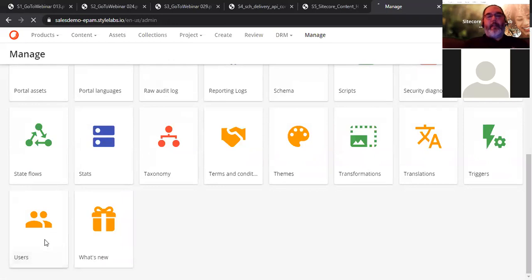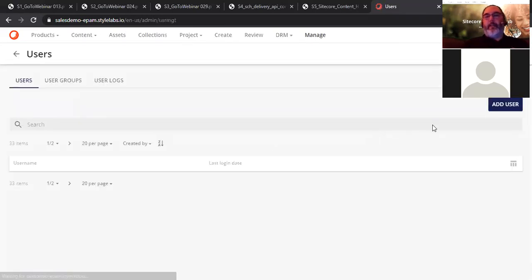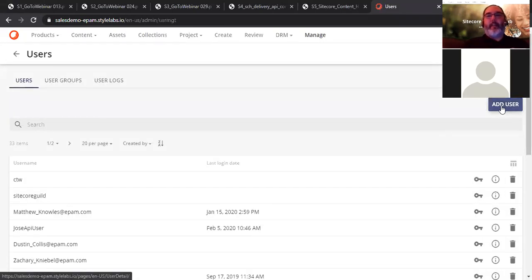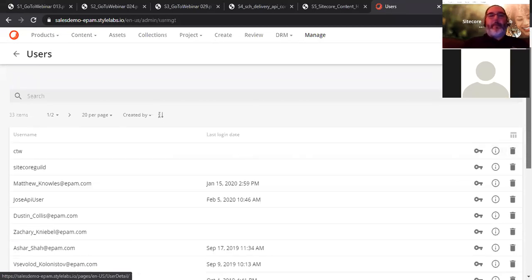And then on the users, and I think you can do it on the roles as well, you can assign the theme. Something to be aware of in here: